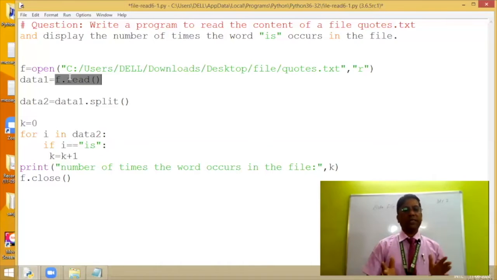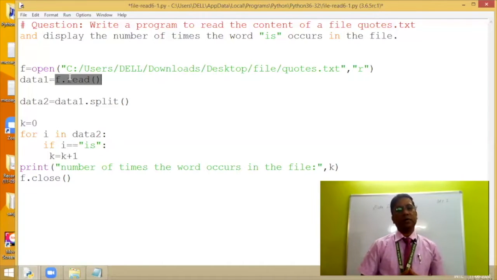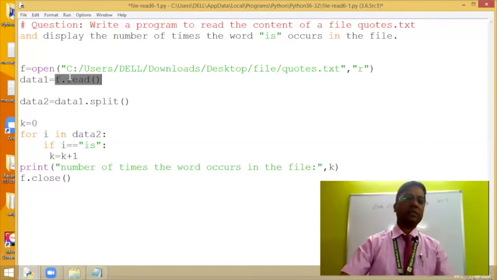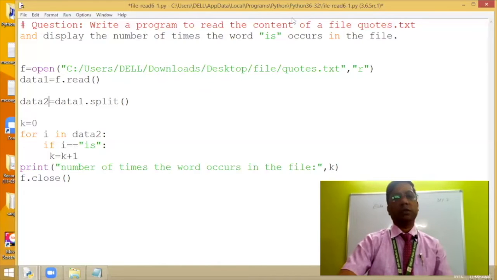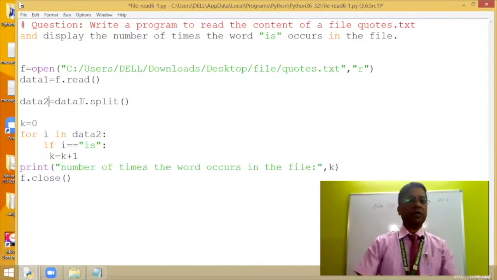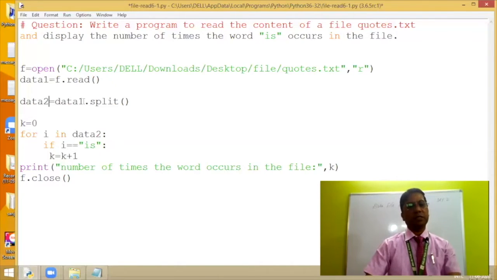The entire content of the file, which is in string form, will be split and stored word by word in data2. Here the entire content in the variable data1 I will split based on the space, and using the for loop I will read each word.